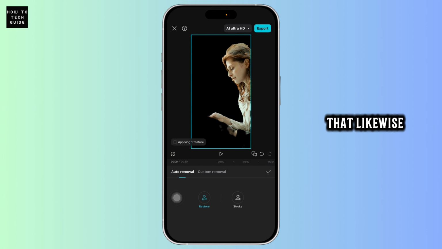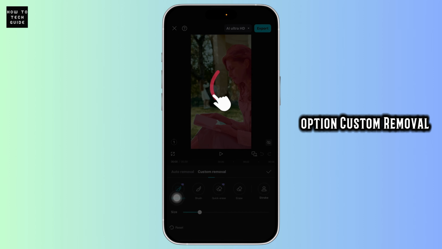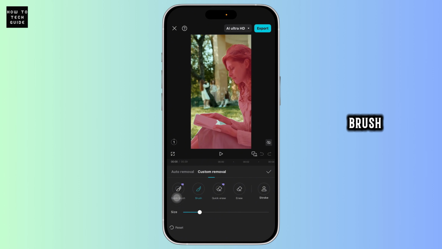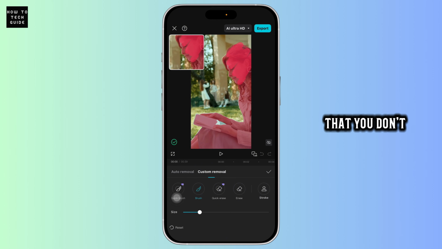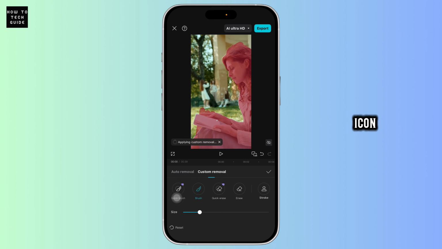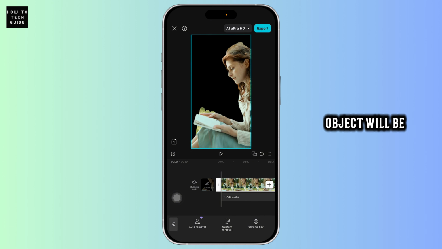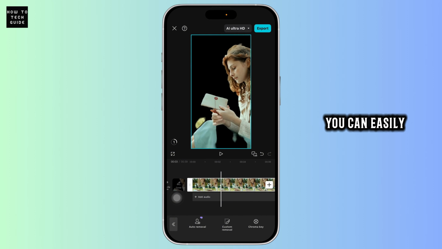You can see that. Likewise, clicking on the option custom removal, you will need to select the part that you don't want to remove. Use the brush. Select the part that you don't want to remove. Once you have selected it, click on this icon. With that, the object will be there, but the background will be removed. You can see that. So this is how you can easily remove the video